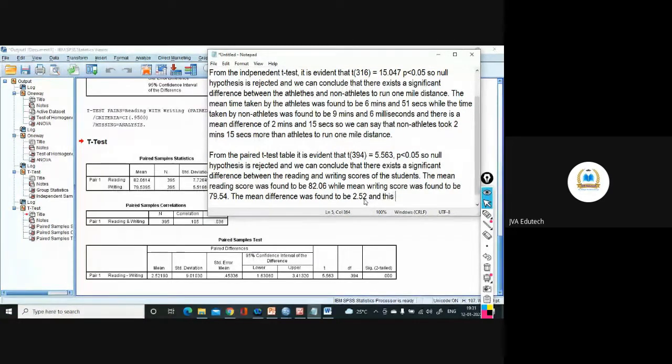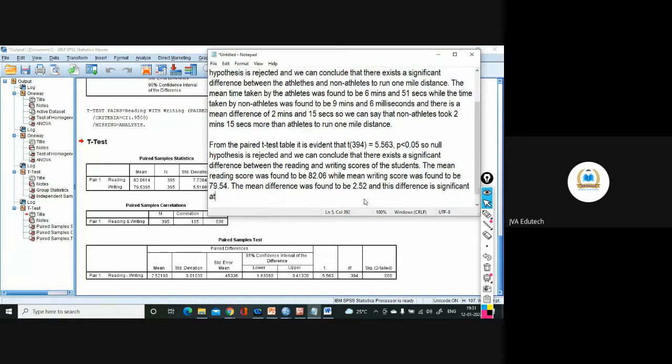And this difference is significant. Difference is there, but it also makes sense to check whether it is a significant difference or not. This difference is significant at the 95% confidence interval.